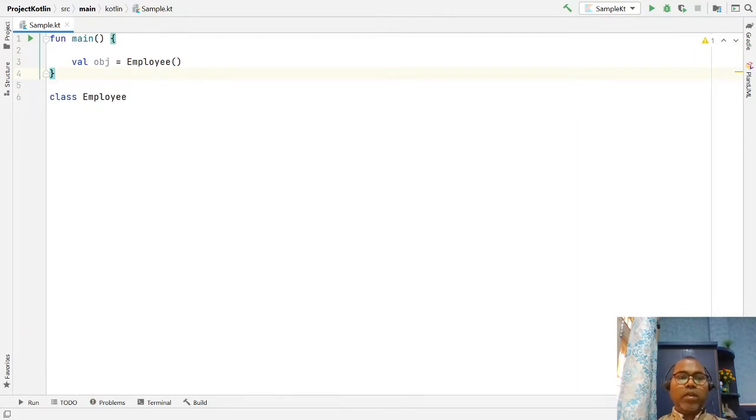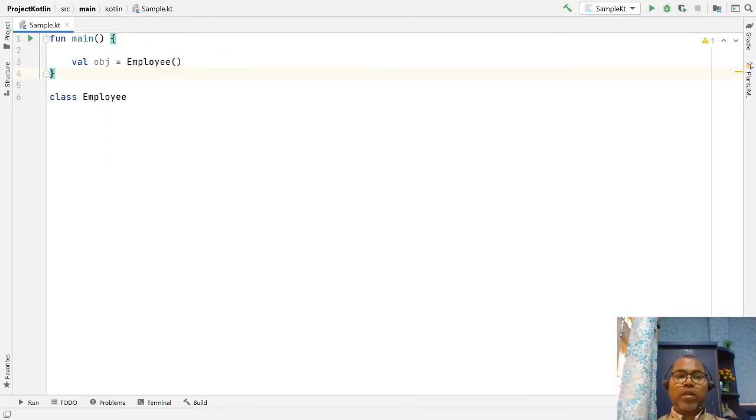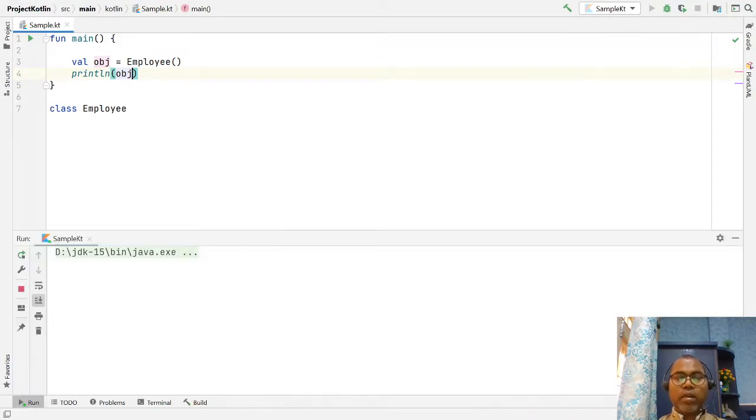Here you write your class keyword and your class name, and this is how to create an object: your class name and the mandatory open and close parentheses, so that the Kotlin compiler knows the user wants to create an object of the Employee class. So this is the way you can create a Kotlin class. Now your employee object is created.